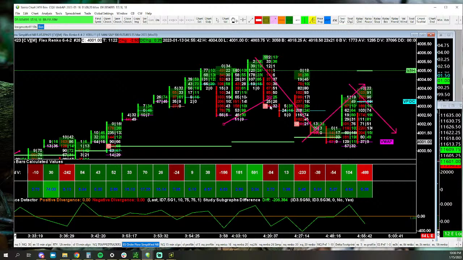Look how we had fewer sellers on the first wave down, and then when we came back up, we actually found more sellers there as it approached. Not just the breakdown, but even as it approached. So they aggressively attacked that level. Now that's only bearish if you actually go lower, because that can create a great support if they bounce off of it, but they don't. They go lower. So same thing happens here.